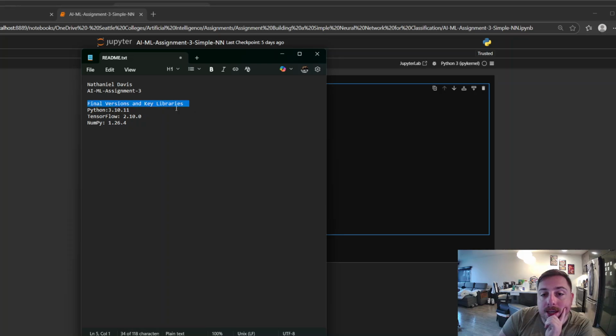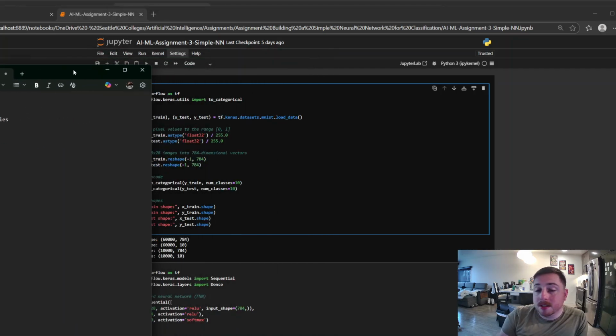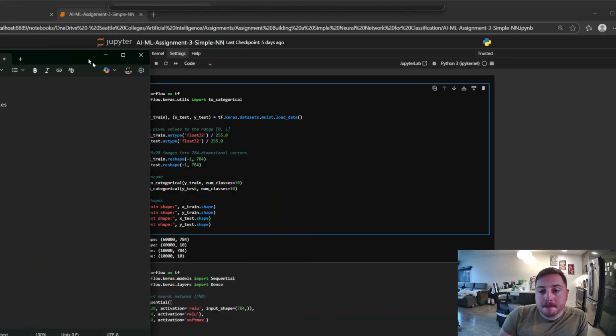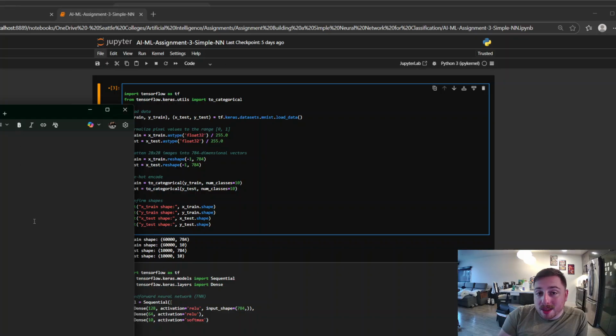Python versions and key libraries: Python 3.10.11, TensorFlow 2.10.0, and NumPy 1.26.4. I'm still using the same version of Python that I was using for the first assignment. Up to this point, I have found no reason to update my version, because if there has been an issue with pulling any of the information down or using certain external pieces with Jupyter,